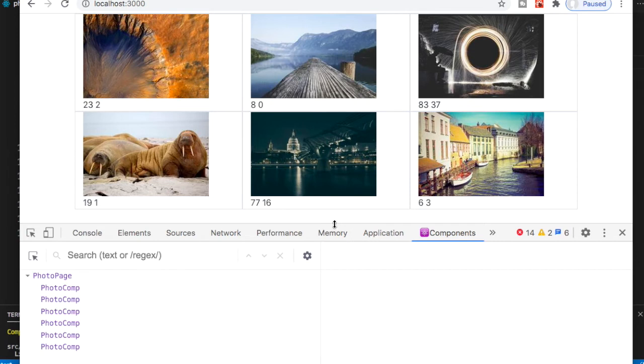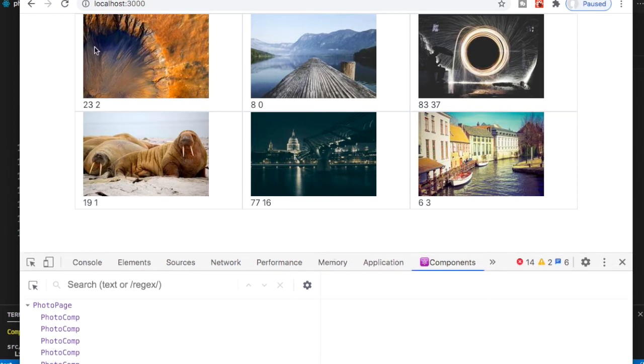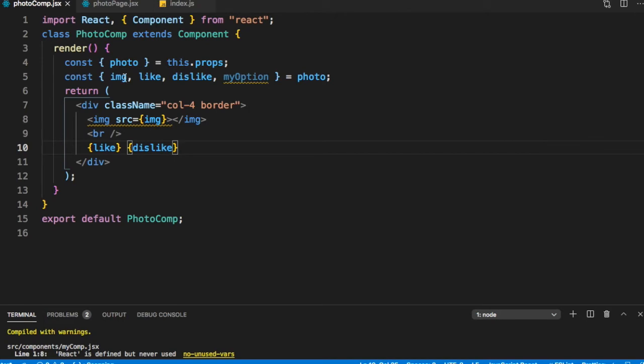And what we can see is that we are getting a proper input. The output is proper. We're getting the likes and dislike counts. So that's starting to function properly. Let's go ahead and start improving it. So the first thing we want to improve is let's display the likes and the dislikes properly.